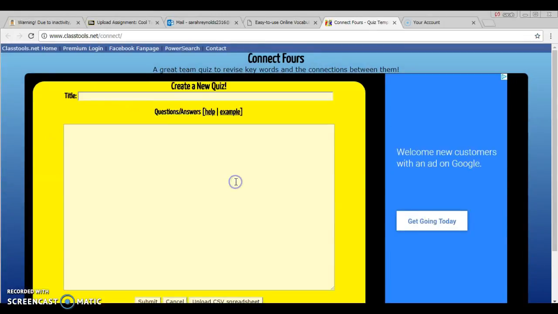I'm going to create a new game. The title we're going to go for, we're just going to put animals. And then it shows you how to enter the words into this box so it can create your game. So what we're going to do is type in